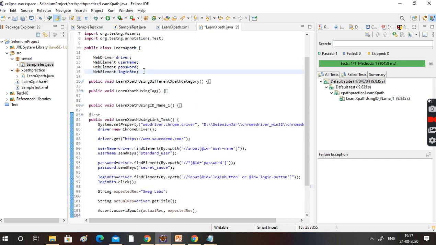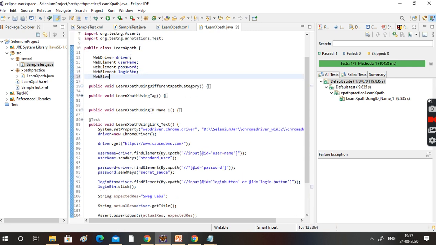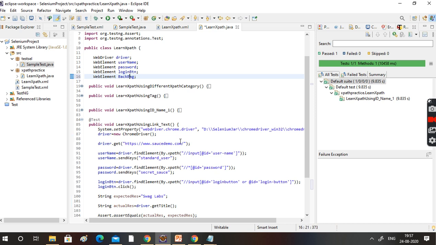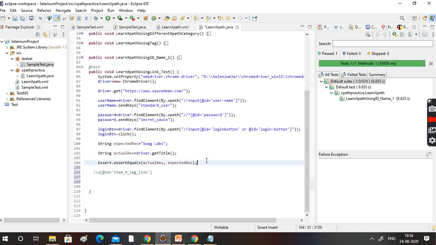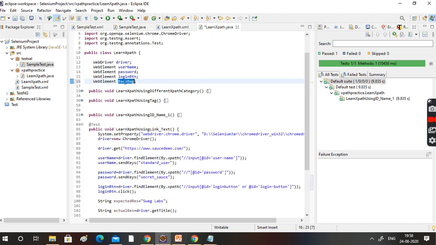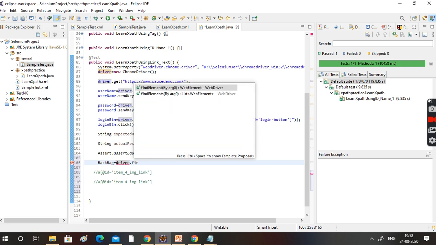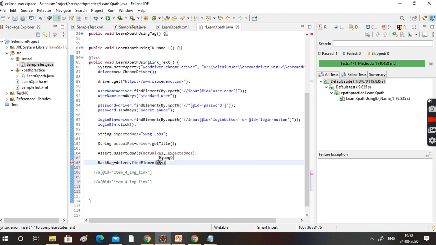One more element, the element name is backpack, equal to driver.findElement with the XPath locator. We need to use the XPath here. Paste it here.